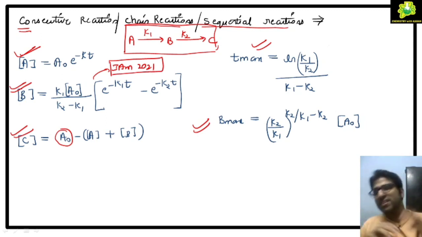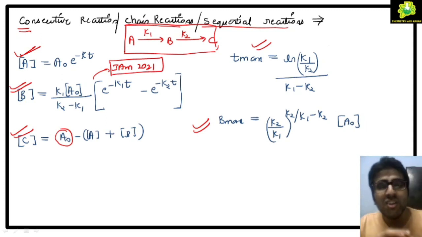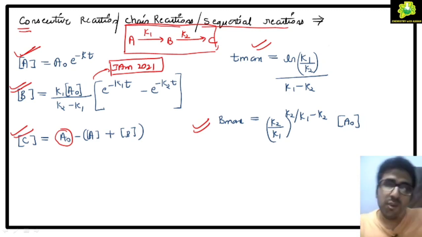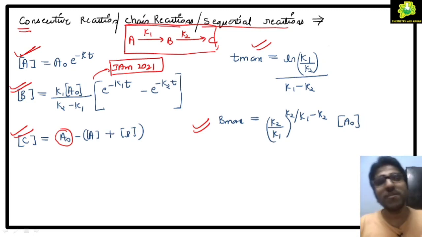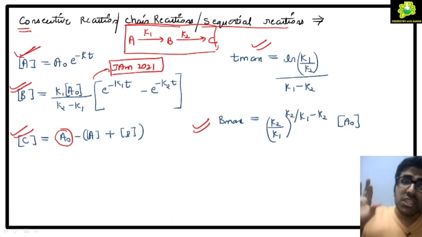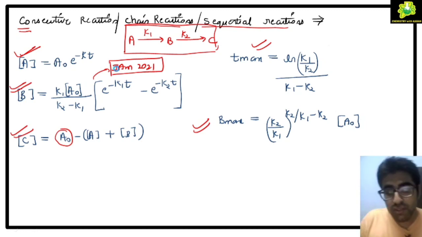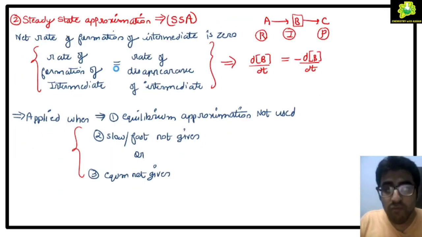You can do one thing, just write these down, and just before going to your examination hall, or one day before, your exam is on 13th February, you can revise all the formulas on 12th of February. You have to keep revising through the whole journey, but strictly you should not forget to revise on 12th and 13th of February 2022. So this is all about chemical kinetics part 2.